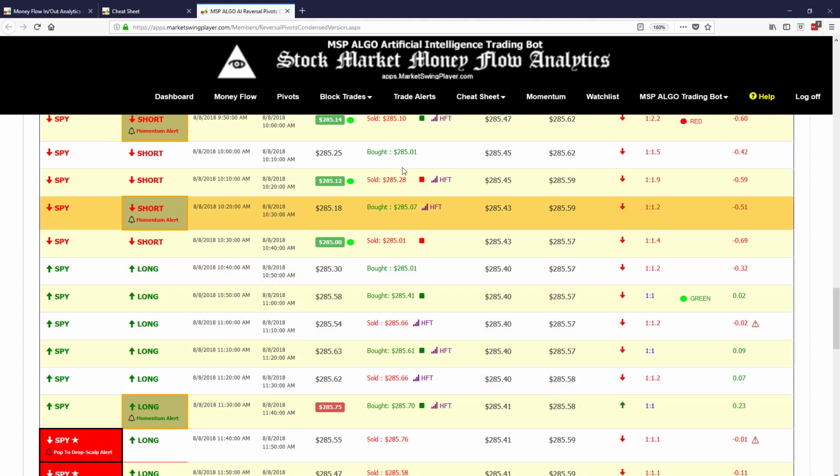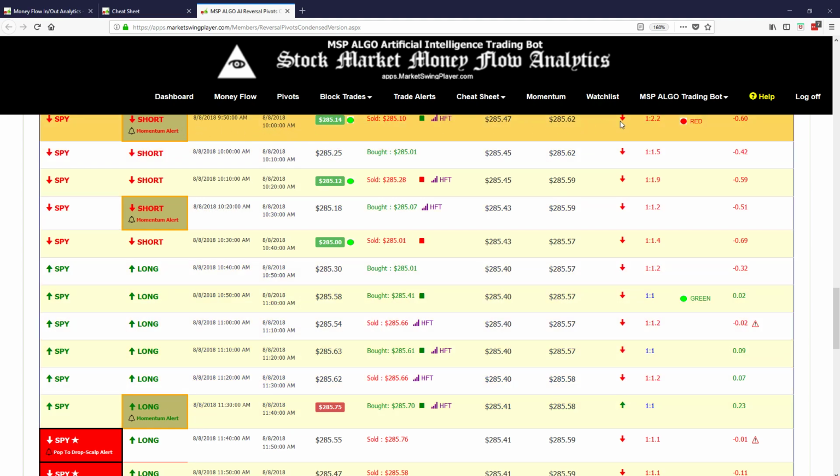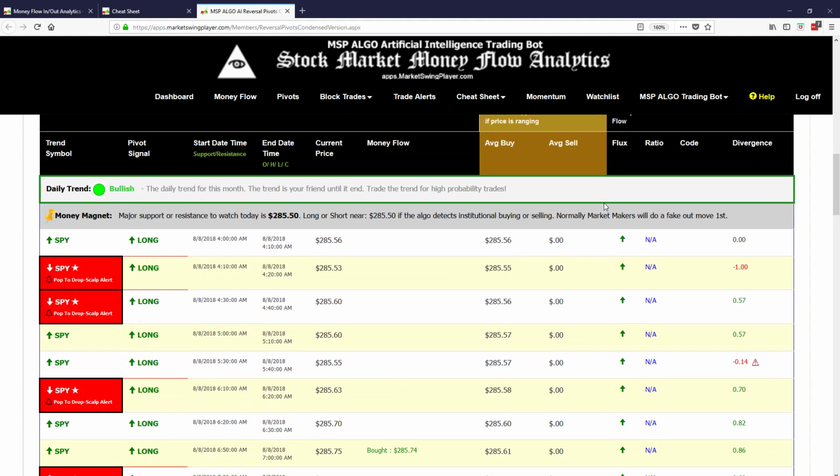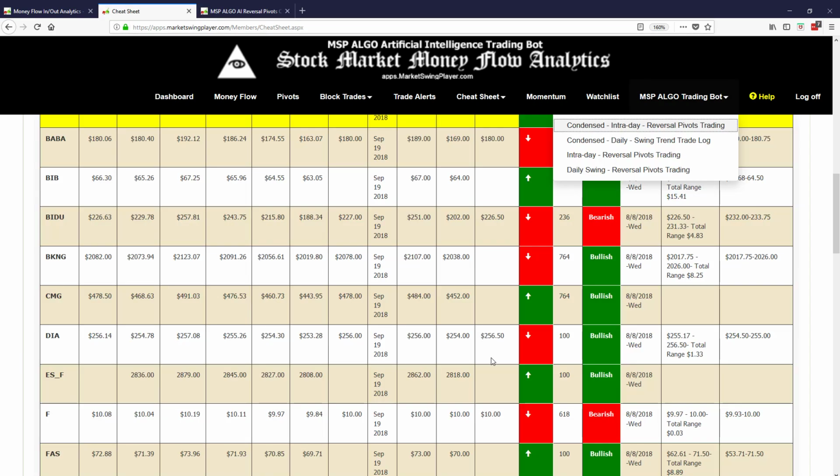And obviously, another thing you can also use is the checklist. Use that checklist, the MSP Algo checklist, in conjunction with this method here, if possible. So let's go look at the cheat sheet,